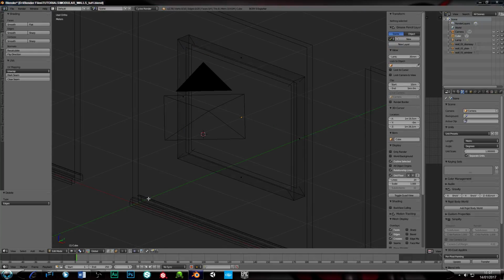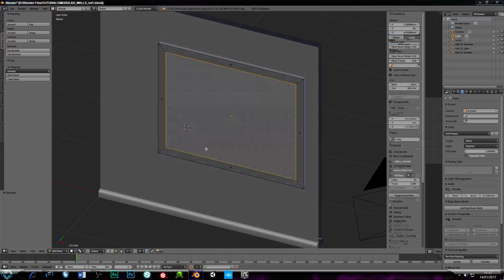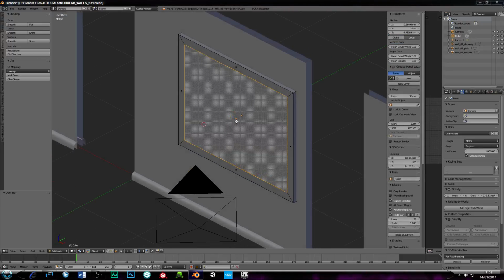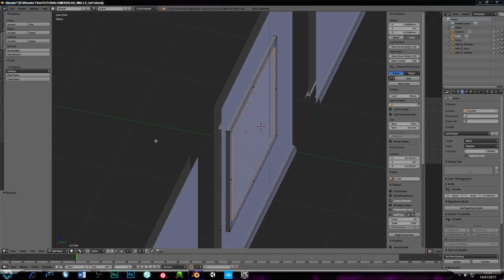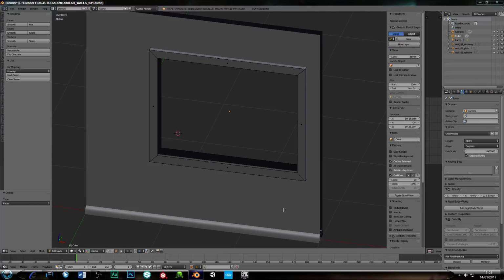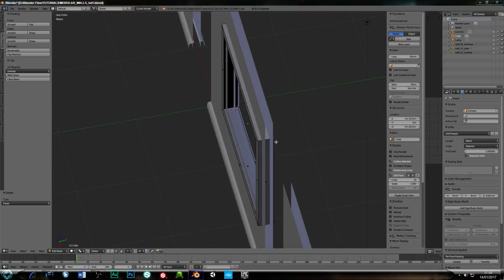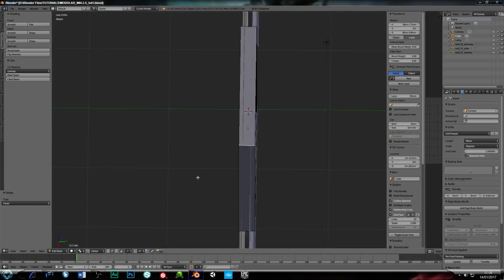Okay, go back into solid view, and I've done that wrong because I did the vertices, didn't I? Right, press X, delete the faces. There we go, that's better. Now, while we're still in edit mode, select edge, select that edge,